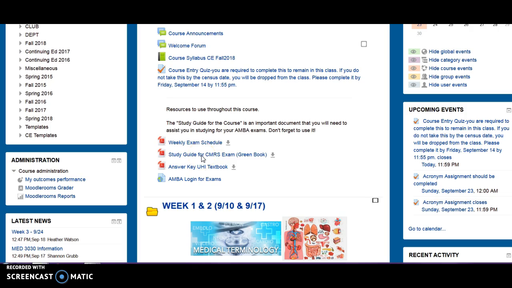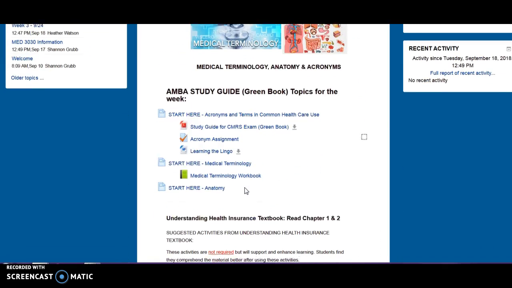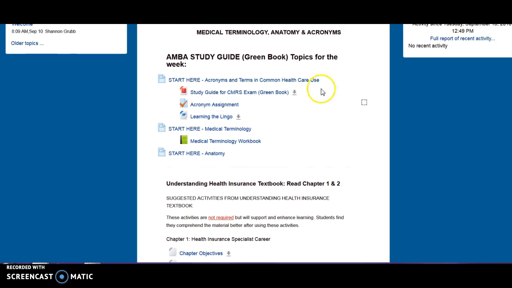You're able to have that as a PDF the whole time while you're in class, or you can use the green book that your sister sent you. The other textbook is the Understanding Health Insurance book, along with a workbook that you will refer to. So there are two distinct parts to this class, and I'm going to use week 1 as an example. What you're looking at for the two parts of this class will be the AMBA part,